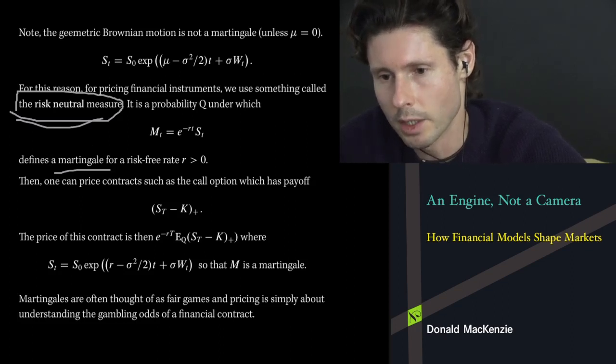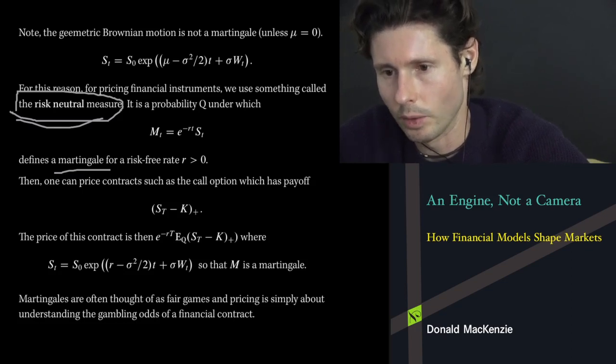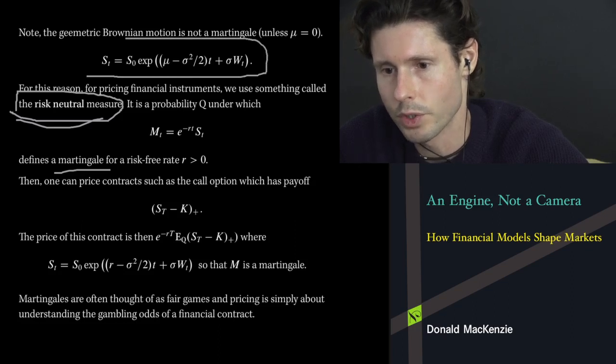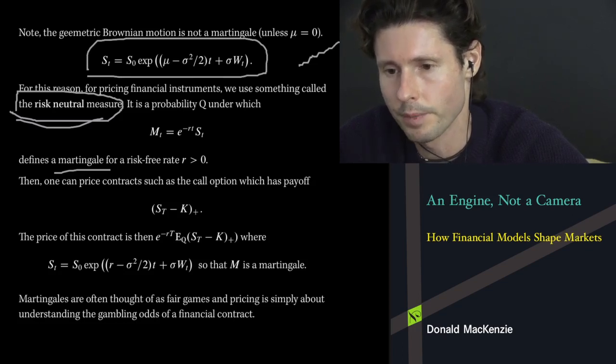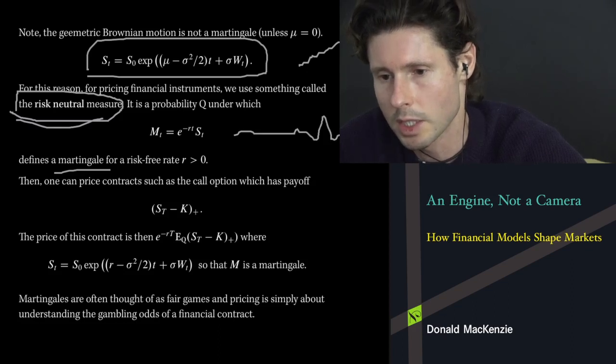So you price instruments with respect to a martingale, and what you immediately will notice is that this process is not a martingale. We saw the plot of it. The plot of it went up and up and up on average. That's not what a martingale does. A martingale is something that stays even, right? It maybe has some deviations up and down, but in expectation it stays level.